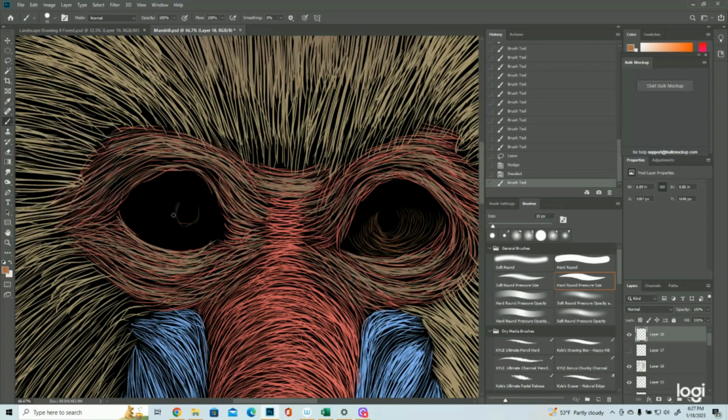Same idea though, right? Come up, and then you follow the curve of the eyelid down, and hopefully you're high enough that you're actually following the curve down instead of not. And then the same thing on this side, but we're going to cut the corner off, because like humans, they have